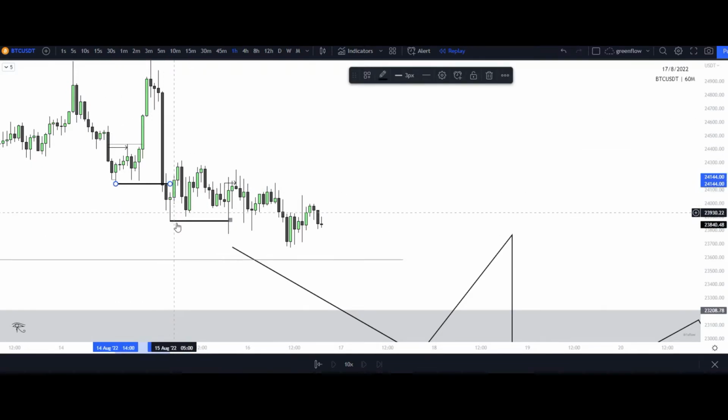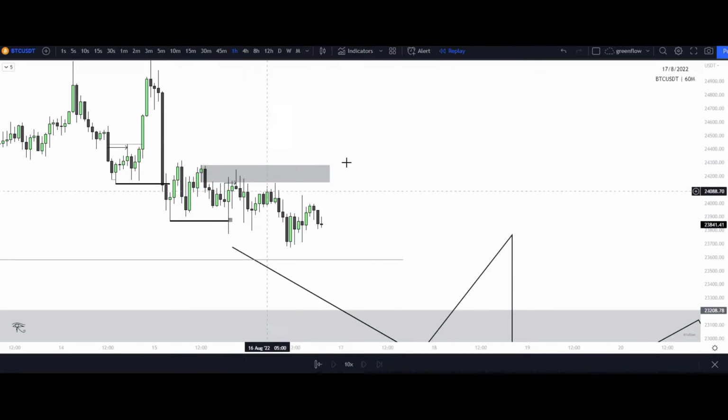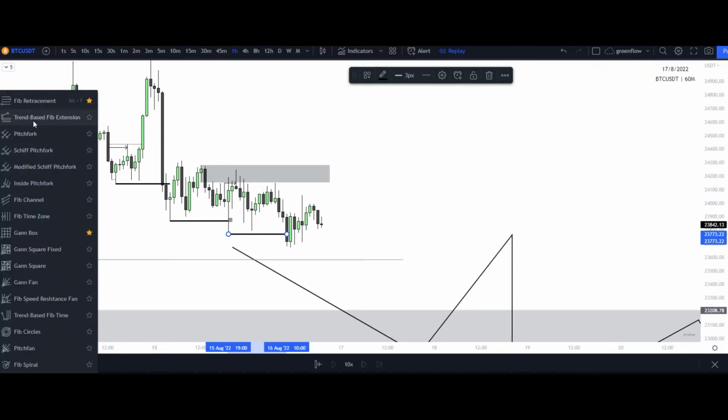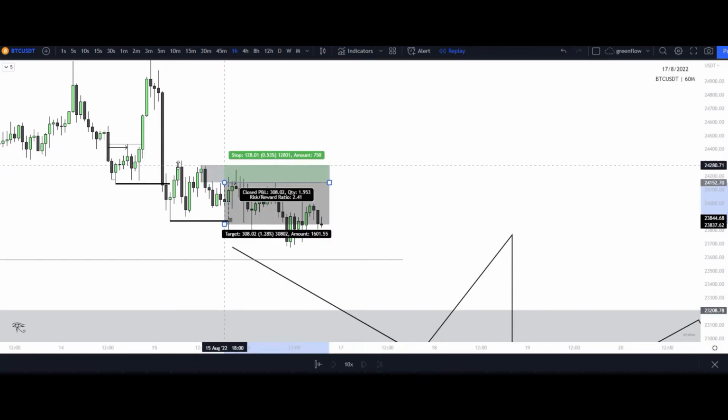So we have displacement. We came back up, raided the highs, broke that low. This shows me supply is now within control. And then I can look for that institutional candle that caused that, right? And I now have an available trade, taking it to the liquidity that is available next. This is my first take profit, right? And I now have a trade from our higher time frames, our lower time frames structural narrative that is still being built.